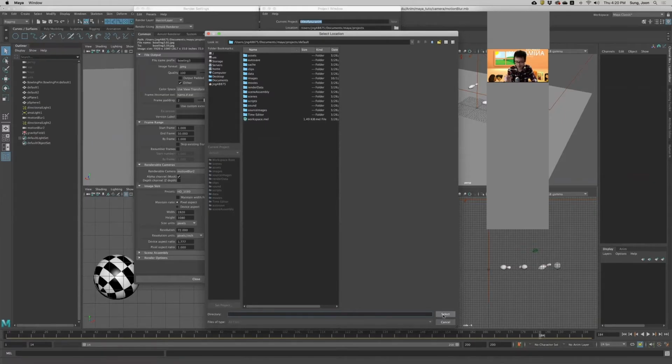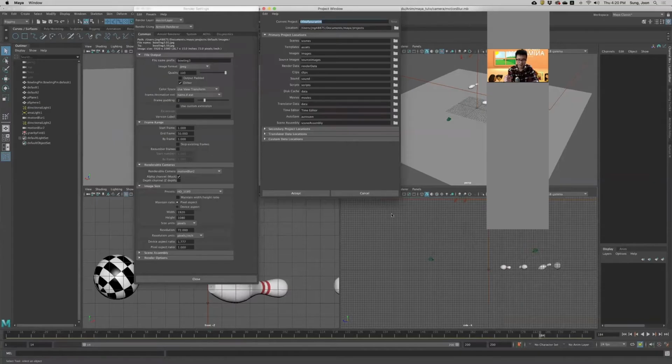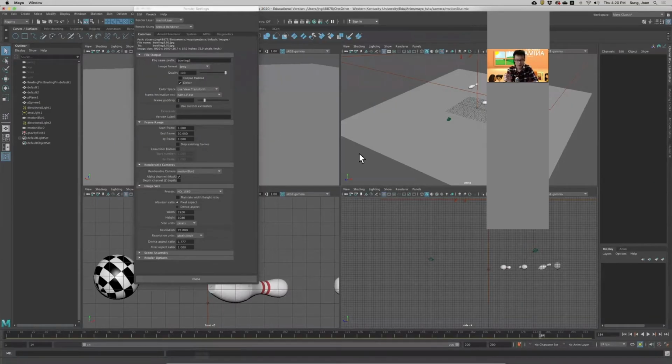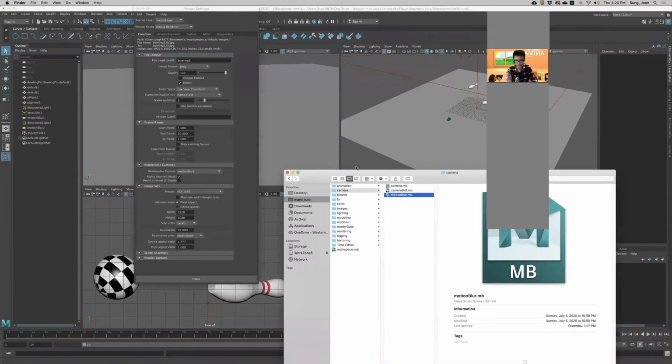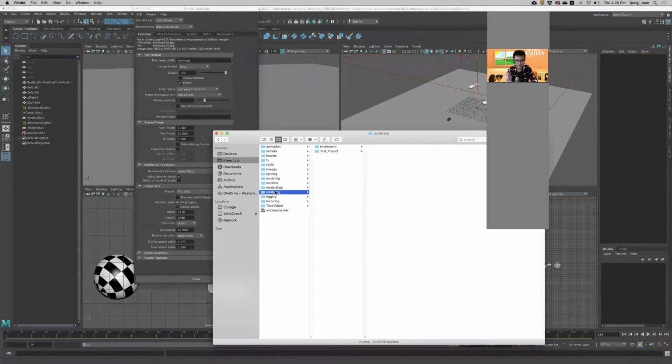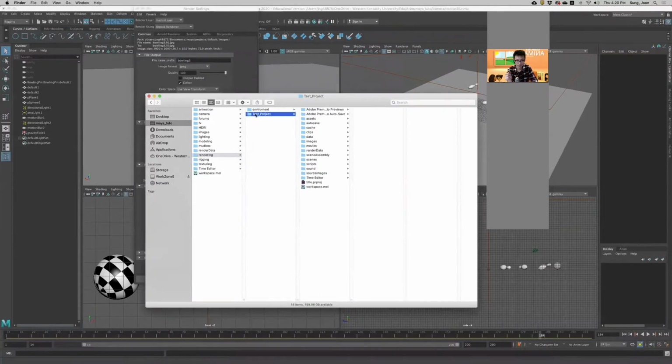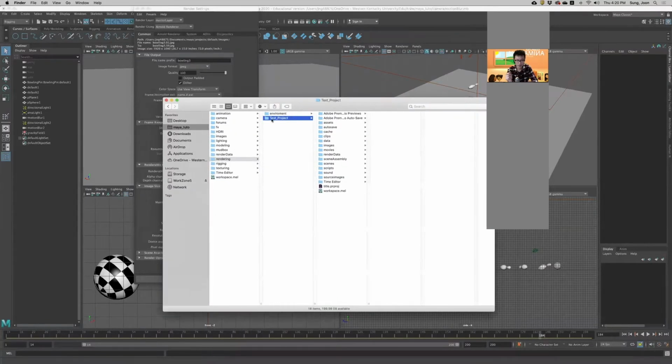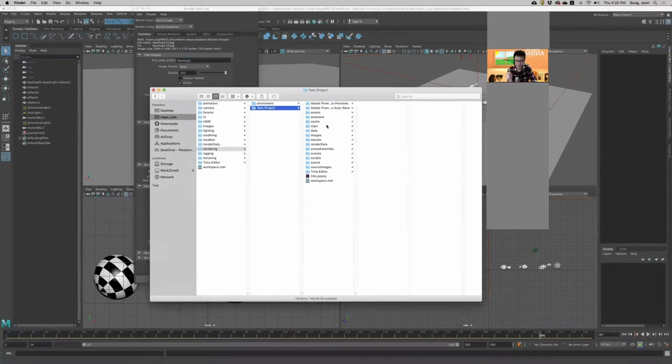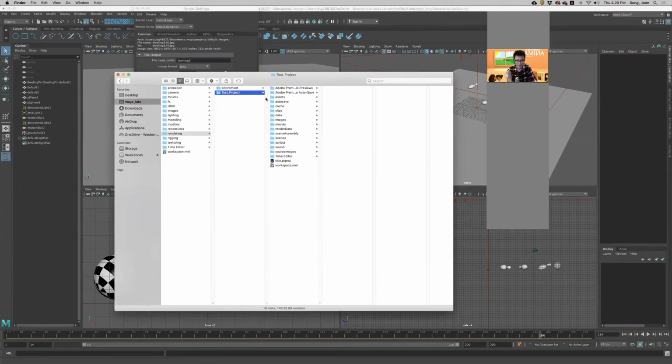Okay, and then select. Once you're done, you will have this project folder. I use a test project folder. If you go to your test project folder, you will see a bunch of folders, such as assets, autosave, cache, clips, data, images, movies. Many folders there. From now on, after creating this project folder,